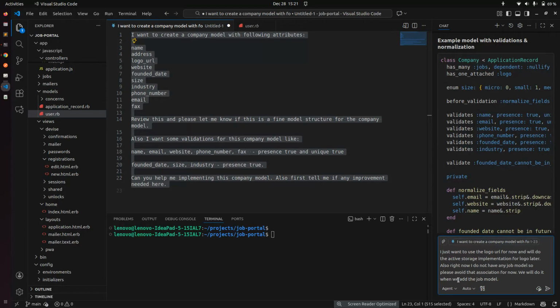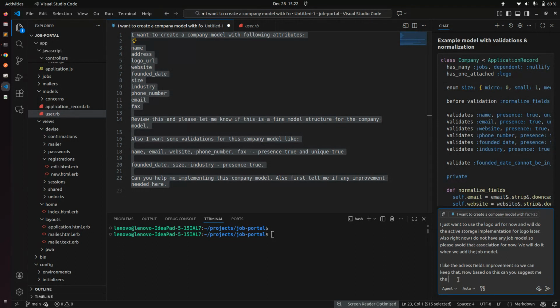Okay, and now what we can say is that I like the address fields improvement, so we can keep that. Now based on this, can you suggest me the final